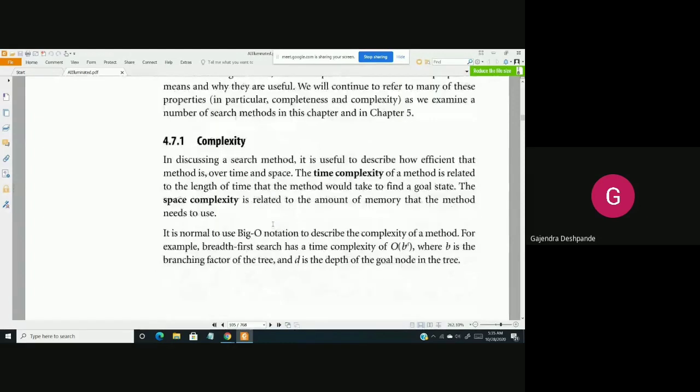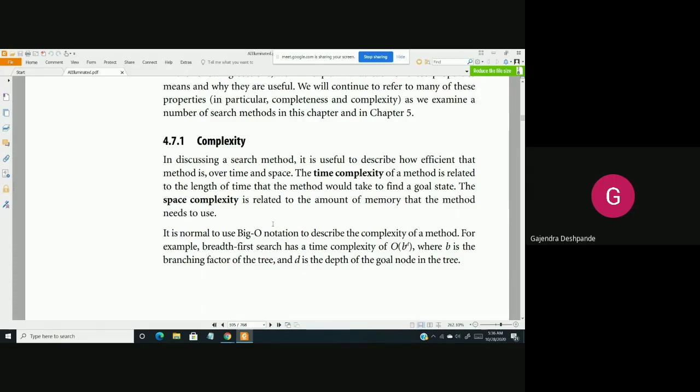The first important property is complexity. You have already studied one entire subject related to complexity. Basically, when we say complexity, we deal with time complexity and space complexity. Space complexity is almost irrelevant now, because space is available at a very low cost, and if you go to cloud, there is actually no limit on the space. So you need not worry much about space complexity. In olden days, there were constraints on space.